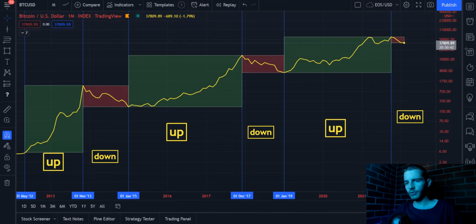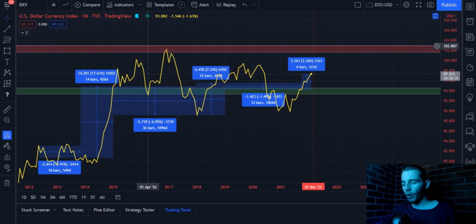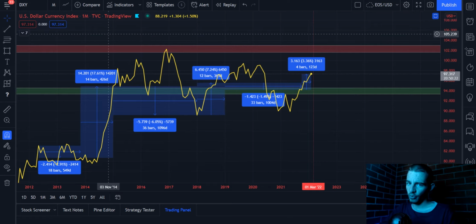And this is going into the correlation between the DXY and the Bitcoin chart, and ultimately leading to the conclusion, if you don't want to watch the whole video, that the DXY is a chart you should be looking at very closely if you're even somewhat involved in cryptocurrency, if you're even somewhat curious as to where Bitcoin will be going within the next, say, 6 to 12 months, okay? The DXY is incredibly important.